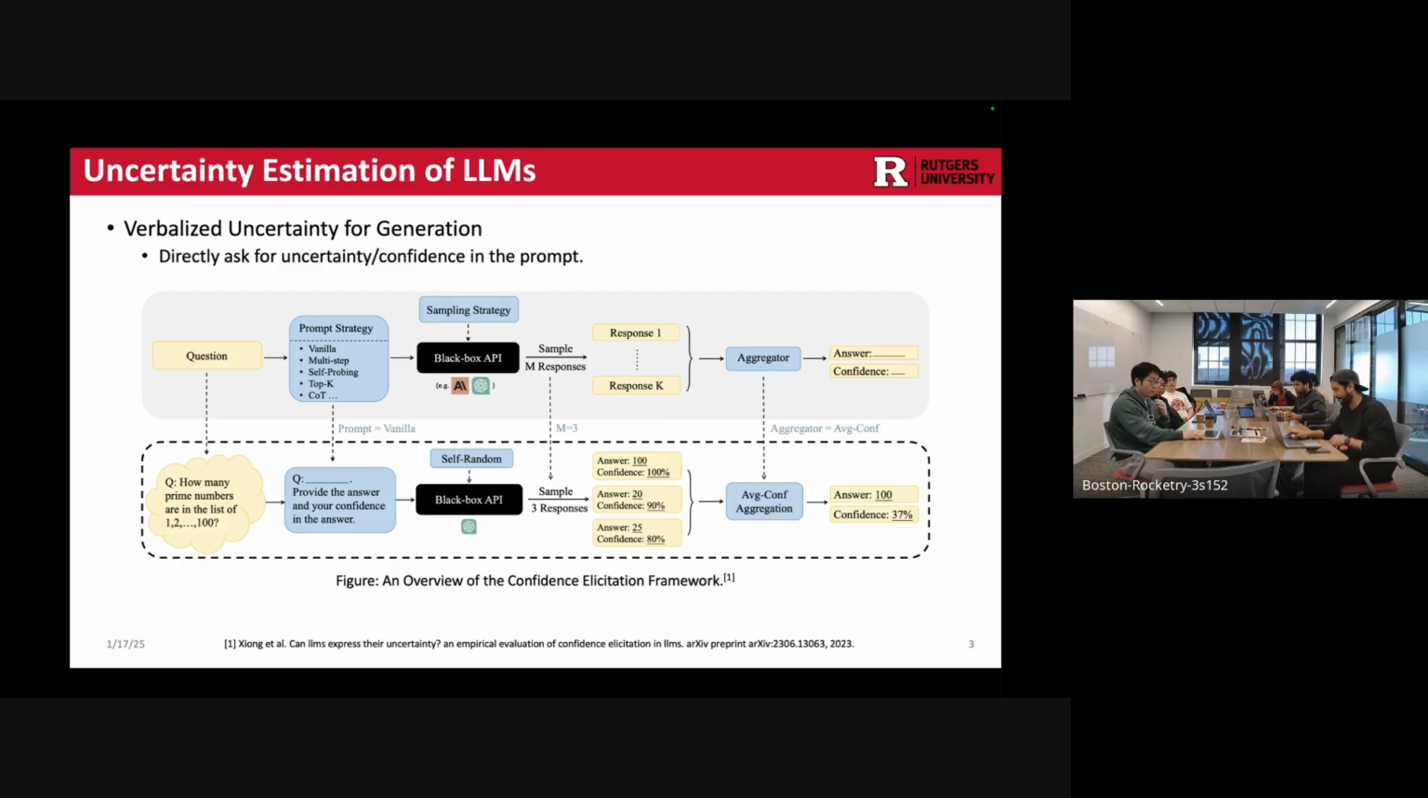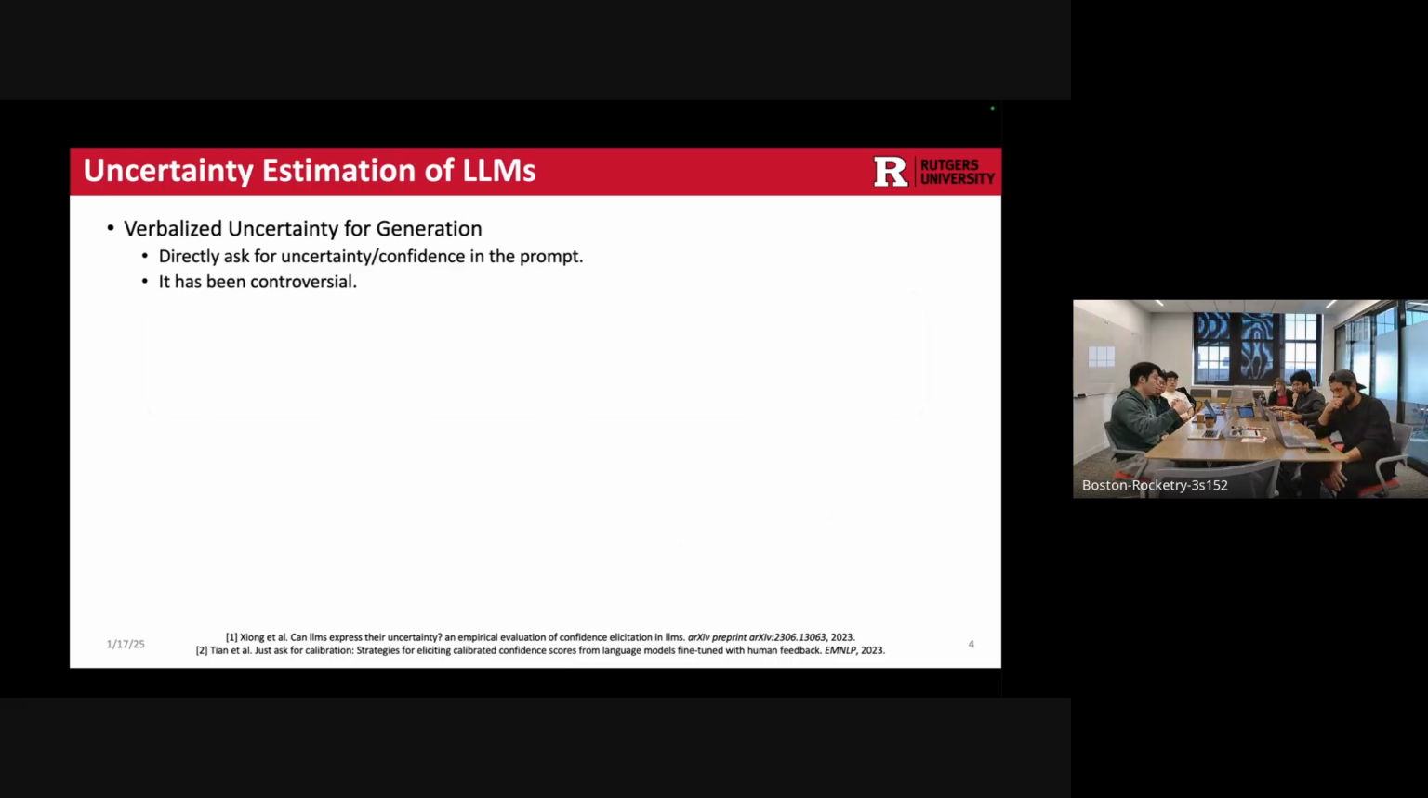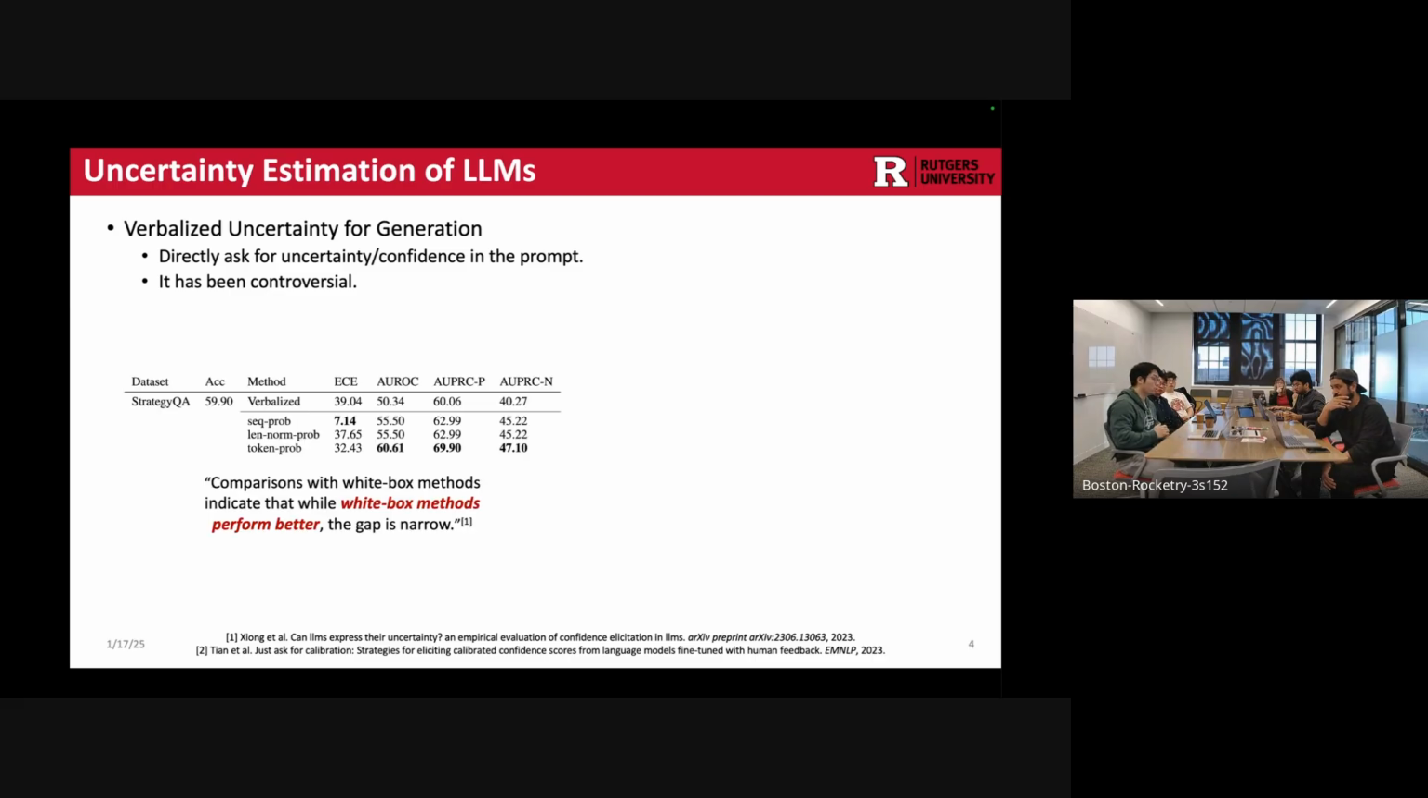Although this thread of method is extremely simple and sometimes very useful, it has been very controversial. So what do I mean by controversial? There are a lot of papers saying that this is the best way of doing uncertainty estimation. But still, in this paper, the authors claim that although they are useful, they're not as good as